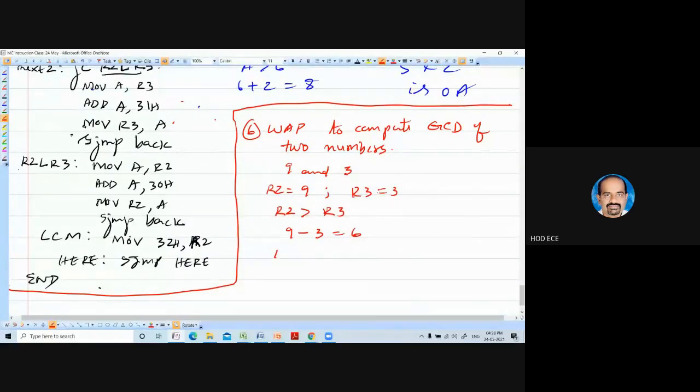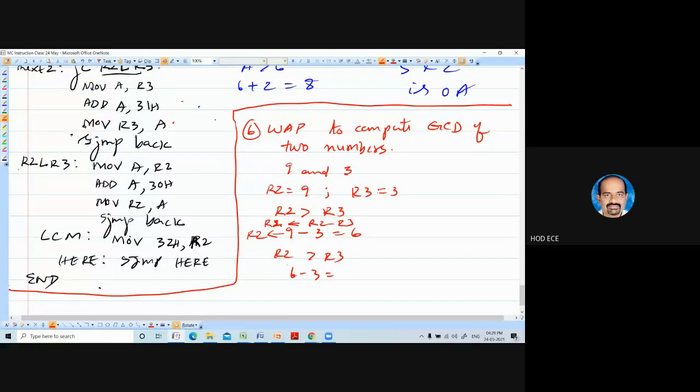Once again, R2 is greater than R3. Six minus 3. So R2 is replaced with R2 minus R3. The answer is copied to R2.